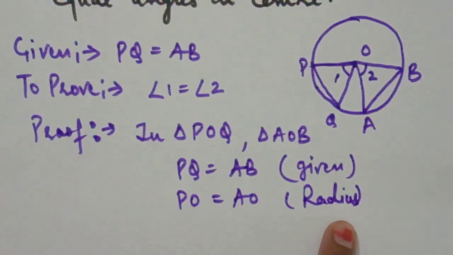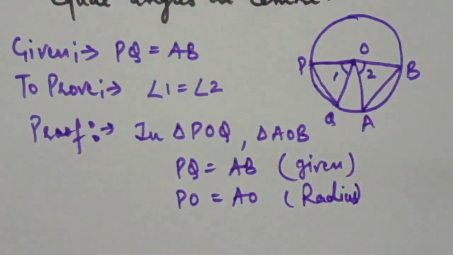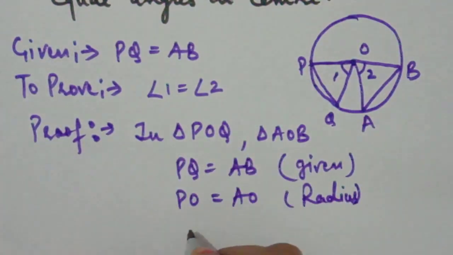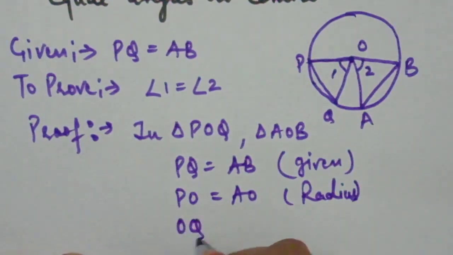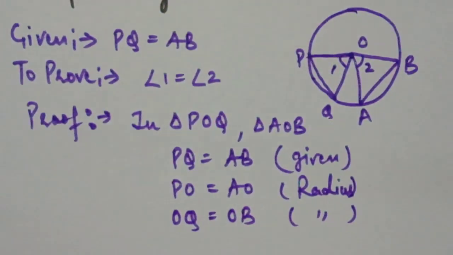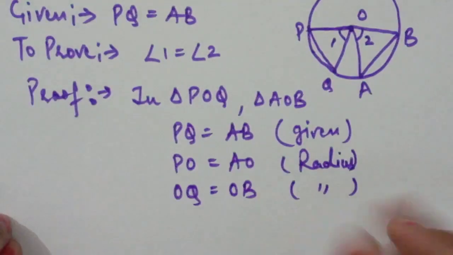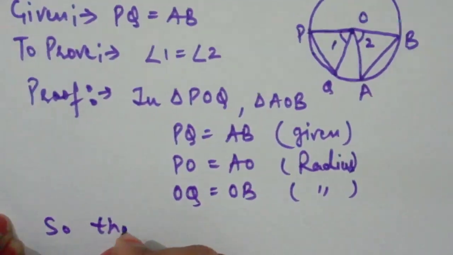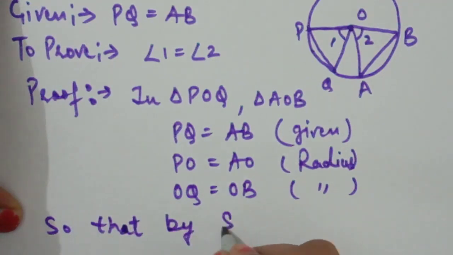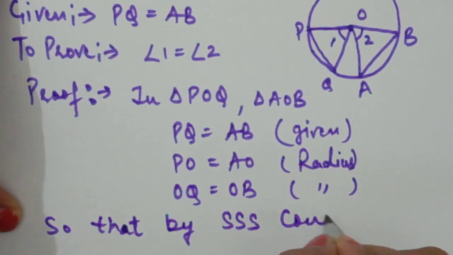And the next question students always ask is why I chose PO and AO, because OQ and OB are also radii of the circle. We always take corresponding parts in congruency. In these two triangles, PO corresponds to AO. Similarly, we take the other radius, OQ is equal to OB, radius of the same circle. So students, by SSS congruence rule,